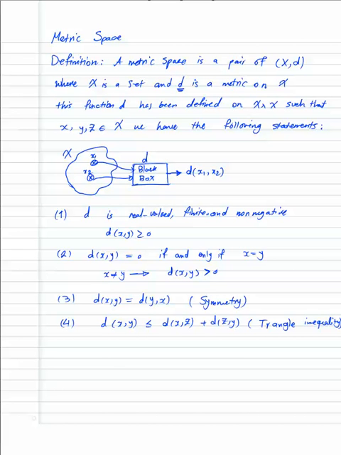Okay, why is it called the triangle inequality? It is because assume that you have a triangle. Let me draw it for you. You have something like this, this is your space, and this is one element, I'll call it X. This is the second element, Y, and this is the third one, Z. If I make a triangle using these three points, then I will have